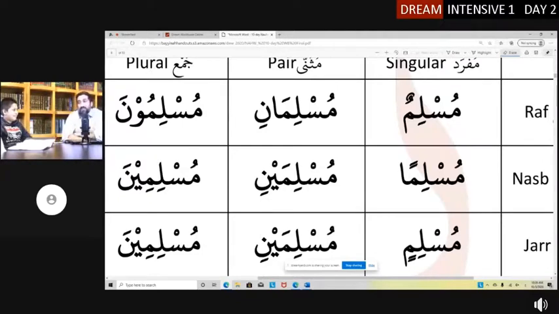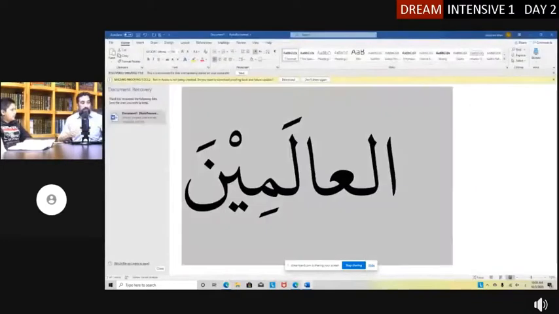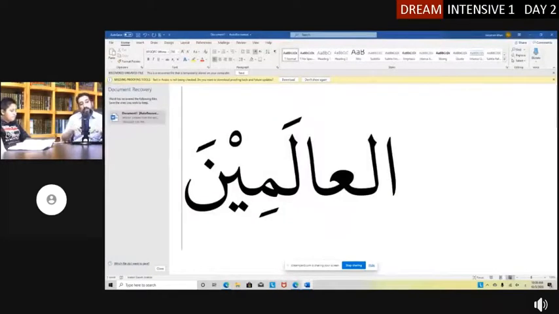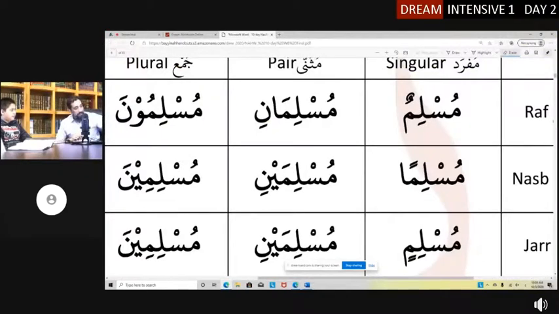So what does it match? Al-alamina. You're saying it, you're not even looking at it and trying to match it on paper. You've got to match it in your head. Alamina matches Muslimina. Good. So it's from the plural column, meaning the three column. So whatever al-alamin is, he's not talking about one, he's not talking about two, he's talking about three or more. And if I asked you al-alamina, is this nasab, jar, or rafa? Nasab or jar. Good. Why? Because al-alamina is like muslimina. So at the level you are now, it could be nasab and it could be jar.